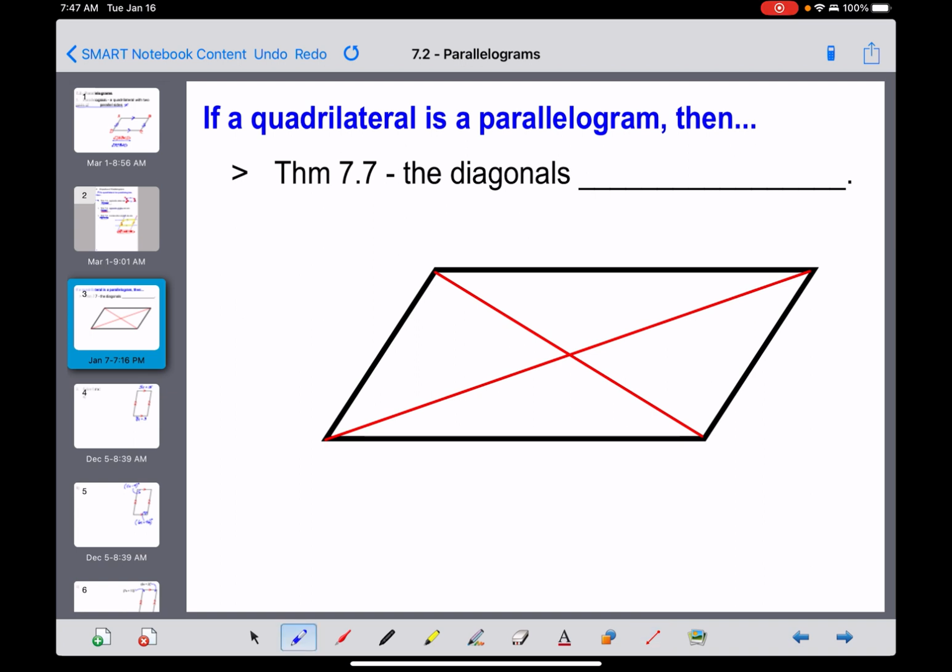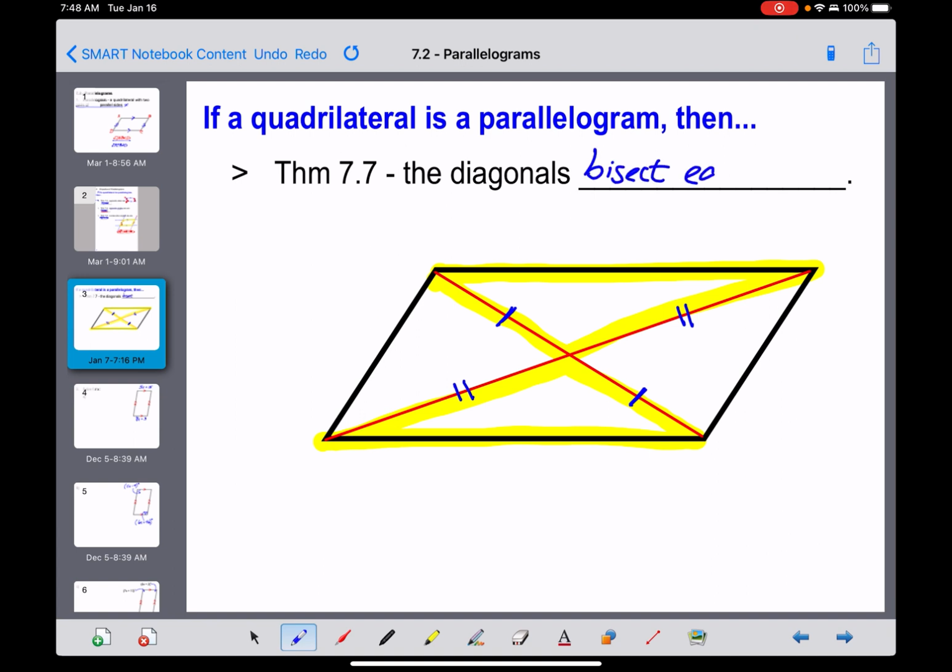Again, I won't bore you too much with the details, but you've created triangles that are congruent to each other. For example, this one triangle right here on the top ends up being congruent to this one triangle down here on the bottom. And what that does for us is it means that this piece right here has to be congruent to this piece. And similarly, this piece right here, we would call that a half diagonal, is congruent to this one as well. So what we would say in Theorem 7.7 is that if your quadrilateral is a parallelogram, the diagonals